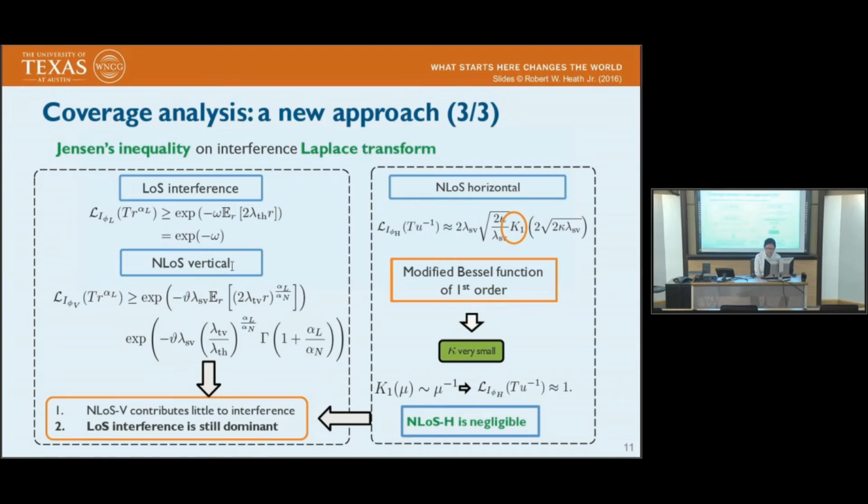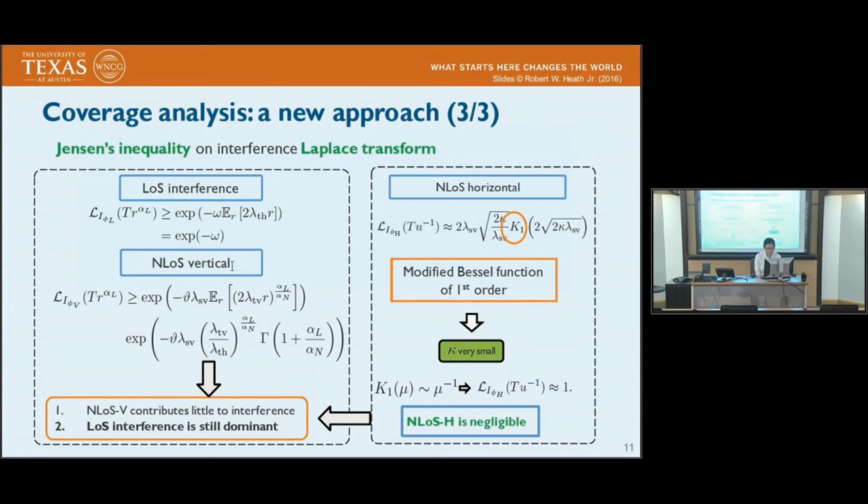For the non-line of sight horizontal street interference, we show that it can be expressed by a modified Bessel function of the first order. We also show that because the parameters inside the argument of the Bessel function are very small, we can approximate it, and the Laplace transform can finally be approximated by 1. This means that the non-line of sight interference on the horizontal street is almost negligible, which we don't have to consider